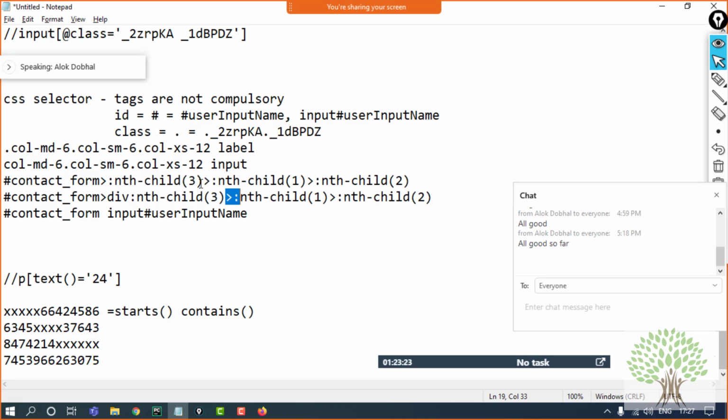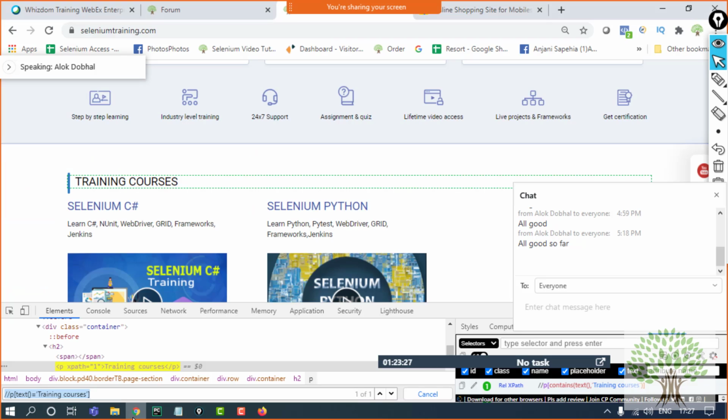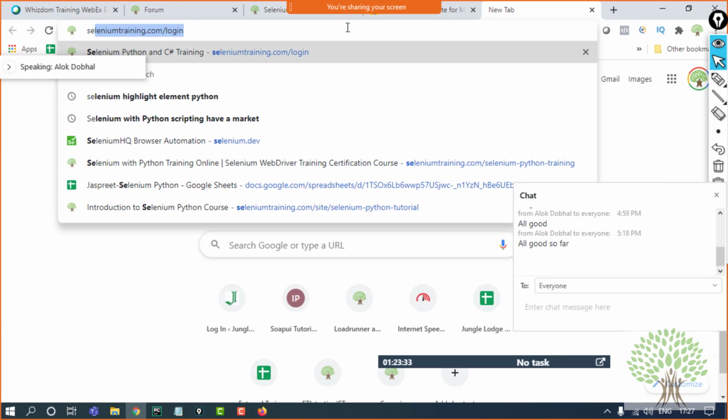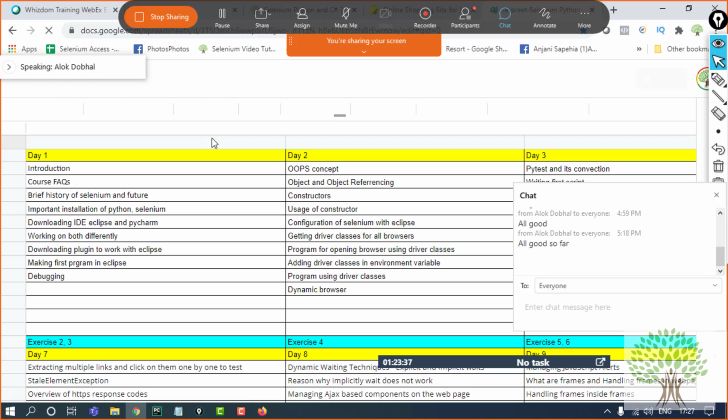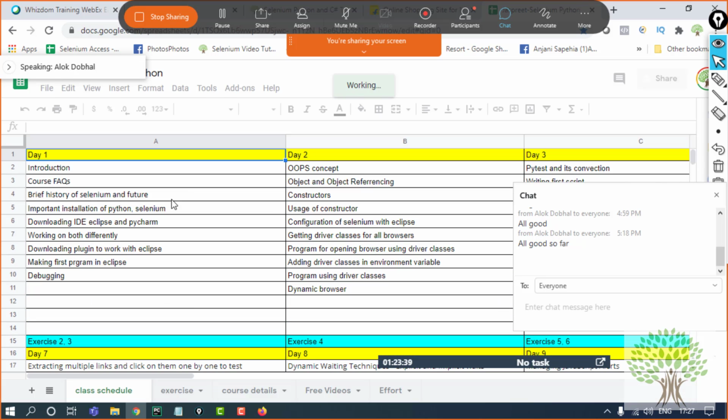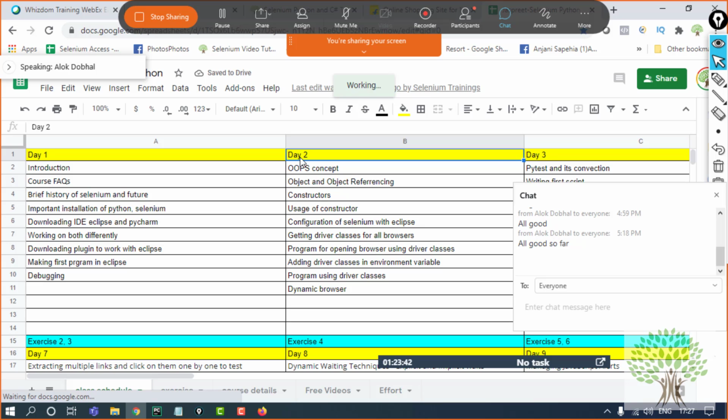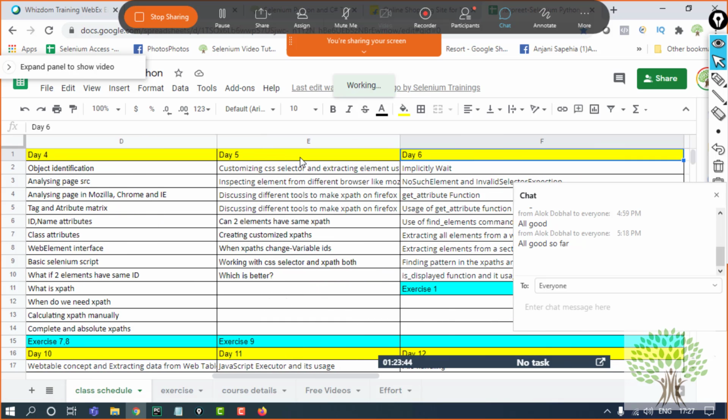Sure. Okay. So in the next class I'll tell you what we are going to do, so that if any homework is required, you can do that. I'll open that sheet for you. From the next class onwards, we are going to start with the Selenium commands itself. Day 5 was today.